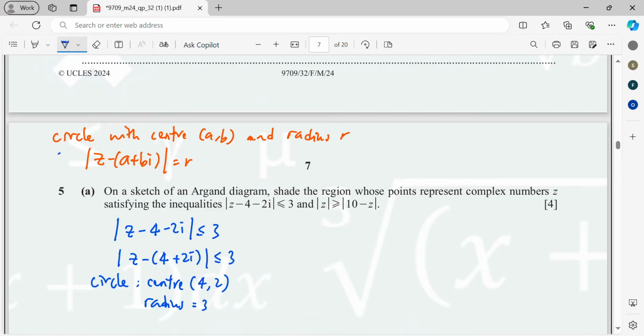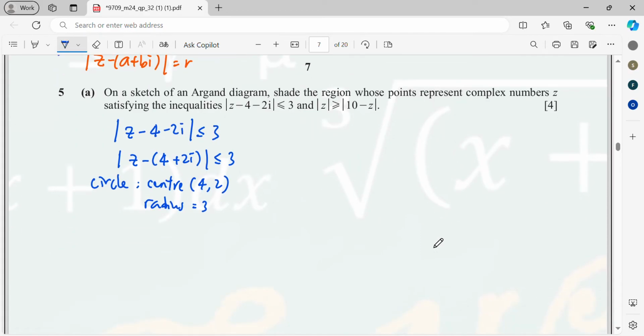Now if it is an equal sign, that means it is the circumference of the circle, but this is less than or equal to 3. That means the points will be the whole circle, inside the circle, and also on the circumference of the circle. So for the second inequality, which is modulus of z greater than or equal to modulus of 10 minus z,